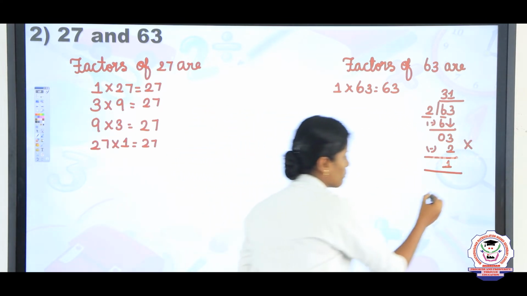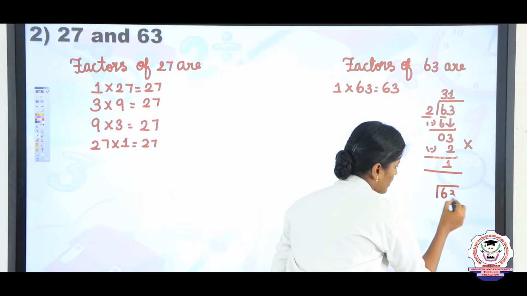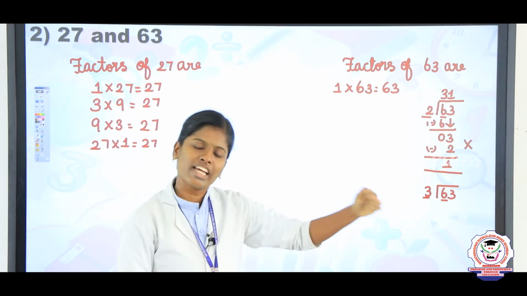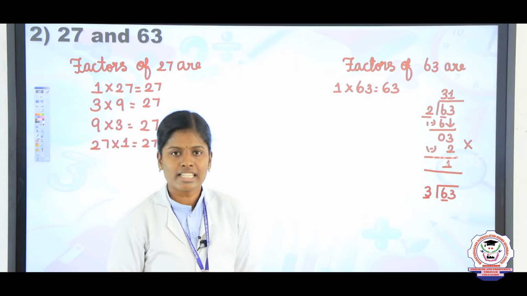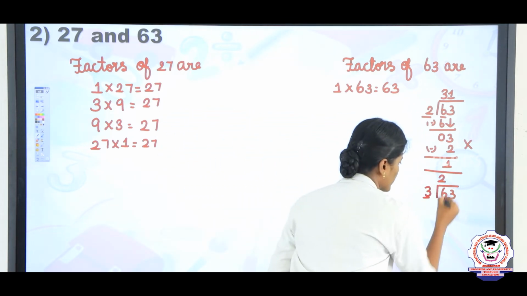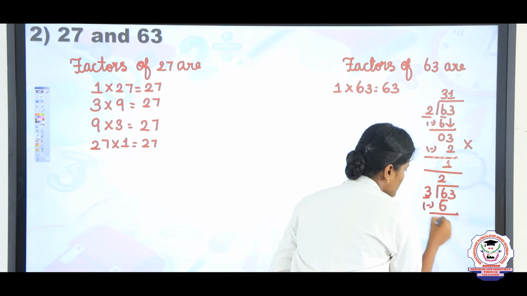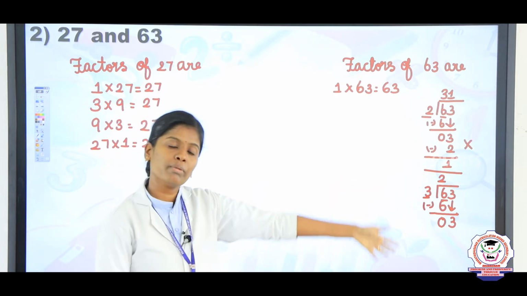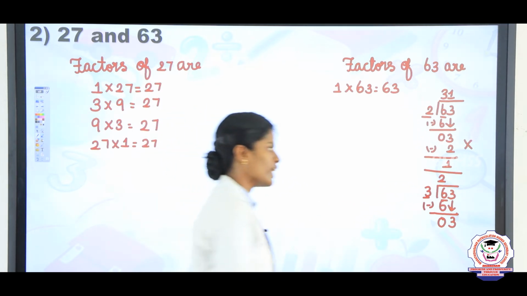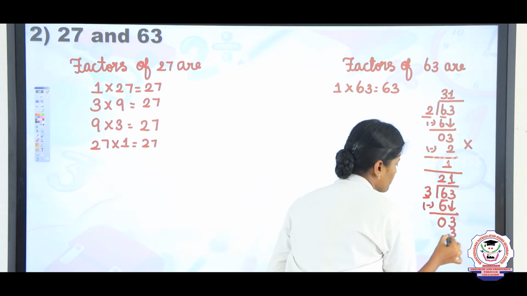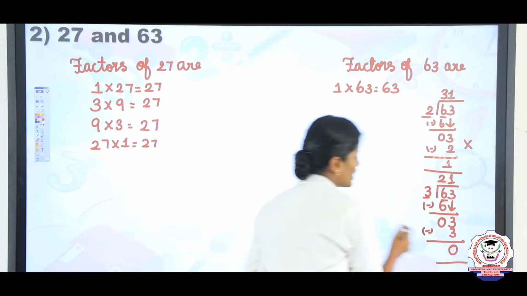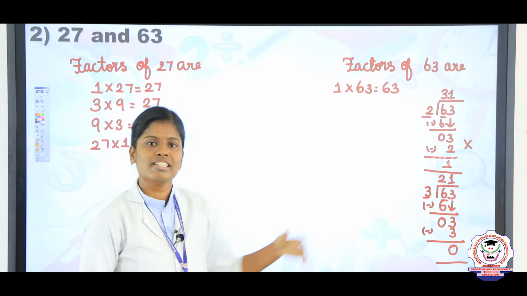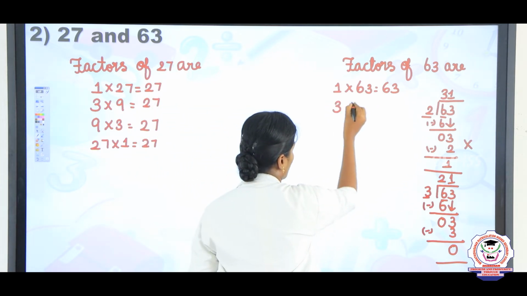Take 3 and divide 63 by it. 63 divided by 3. So take the first digit number, 3 table of 6. Yes, how many times? 2 3s are 6. So write the answer, 2 3s are 6. Now 6 minus 6 is 0. Then we should bring down 3. Again 3 table of 3. Yes, how many times? 1 3s are 3. So write here 1 3s are 3. Now 3 minus 3 is 0. So 3 is a factor of 63. How many times? 3 21s are 63. So write here 3 21s are 63.